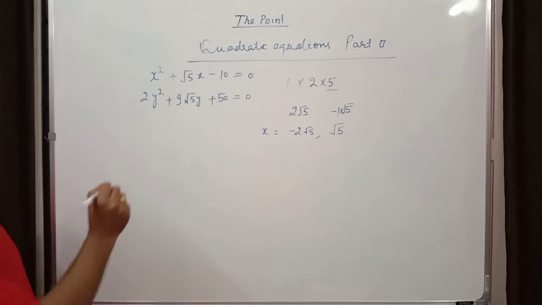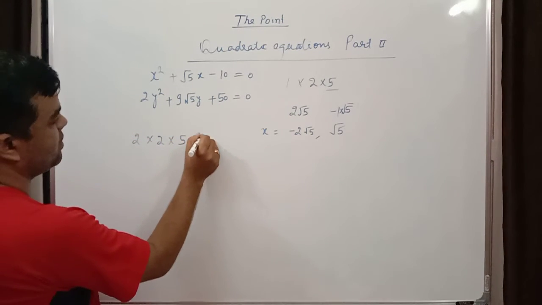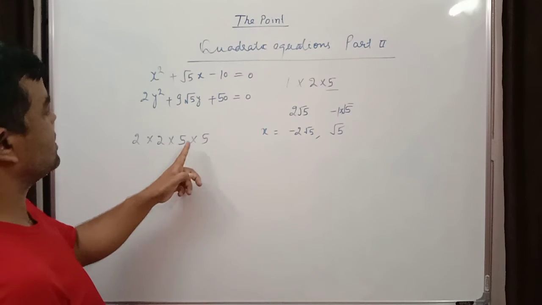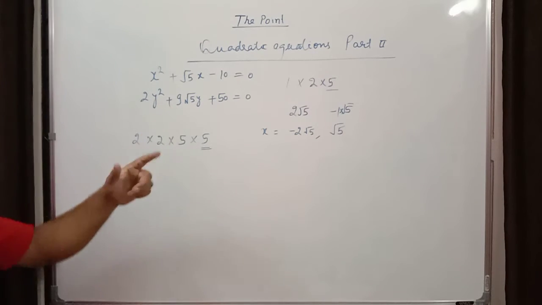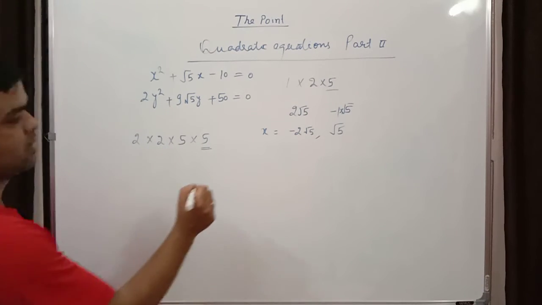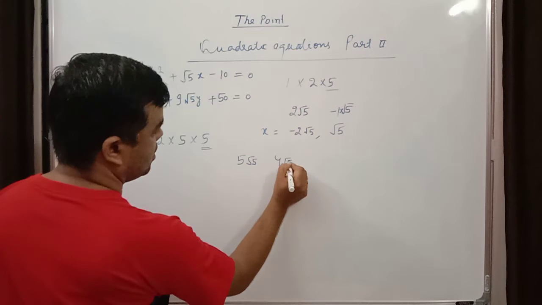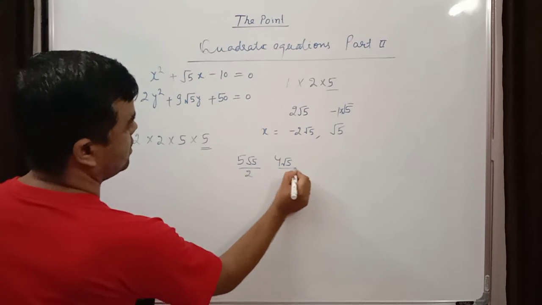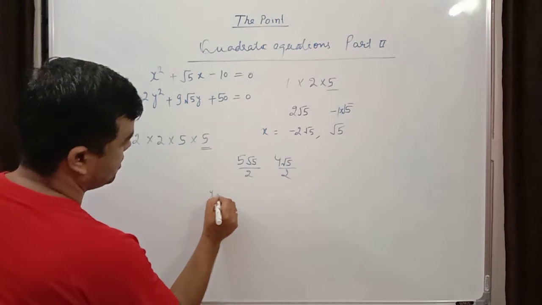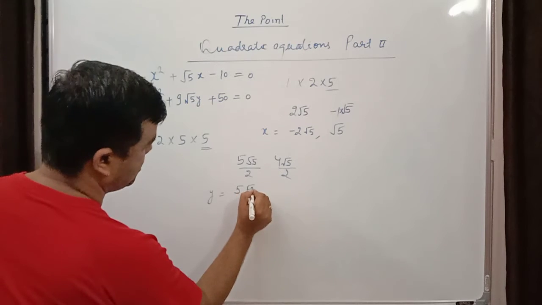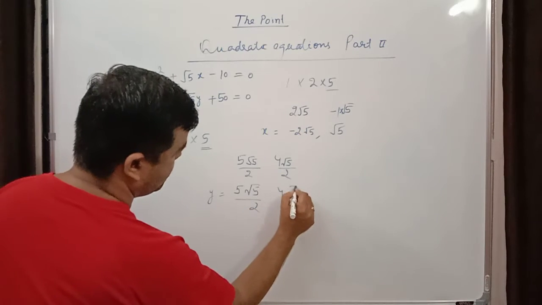Now solve the roots for y. So 50 is 2 into 5, 5. 2 5 is 10, 5 is 50. Okay. So take this 5 out. Then out of these 2, we have to make 9. So 2 2 is 4 plus 5 will be 9. So 5 and 4 root 5, divide by 2, divide by 2. So for taking the root, here is plus sign, so roots will be minus. So roots of y will be 5 root 5 by 2 and 4 root 5 by 2.